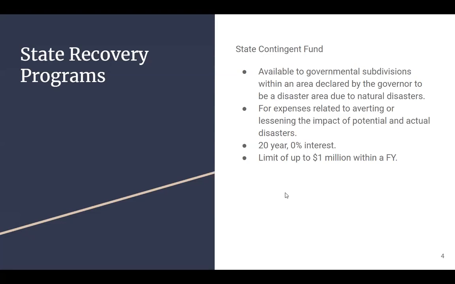The contingent funds are provided in the form of an interest-free loan that must be repaid within 20 years, and the aggregate total of loans every state fiscal year shall not exceed $1 million. So our office can accept and review applications for a number of entities by fiscal year not to exceed $1 million. So for example, I think for this year we have maybe 4 or 5 different jurisdictions that have reached